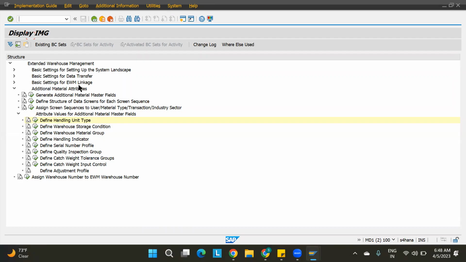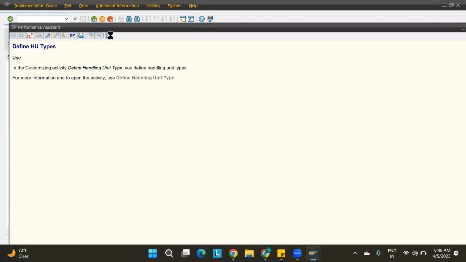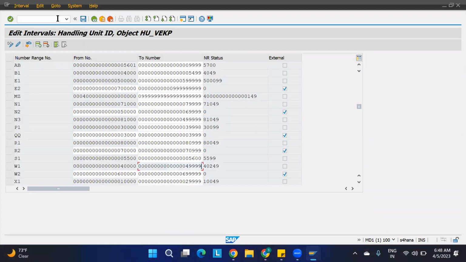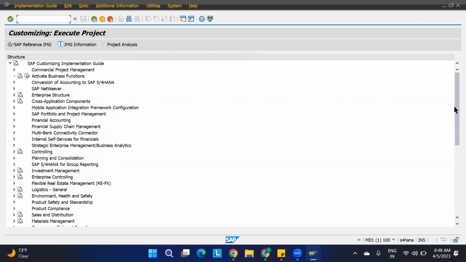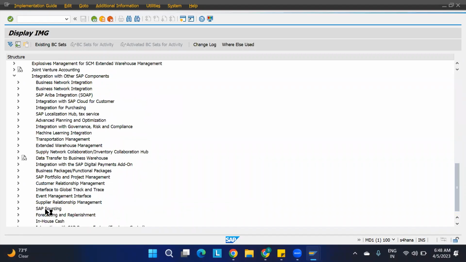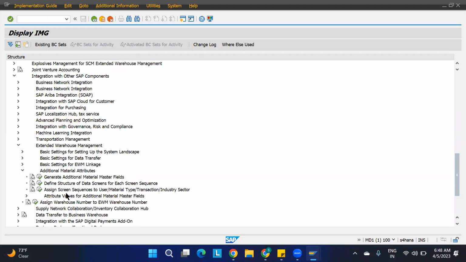Here additional material attributes, I'll just show you, one minute. If you don't want to come through this, go to /n SPRO, IMG, integration with other SAP modules, and extend warehouse management. Under additional material attributes,